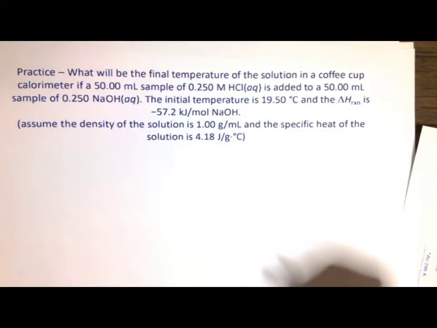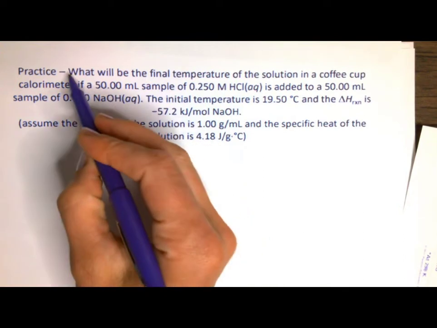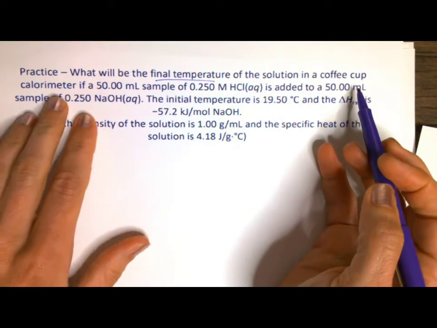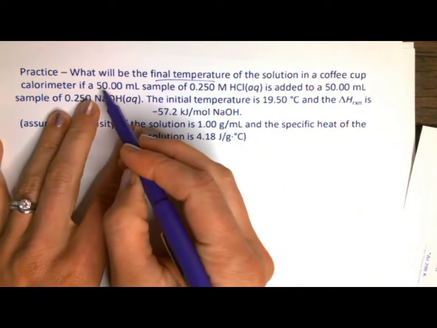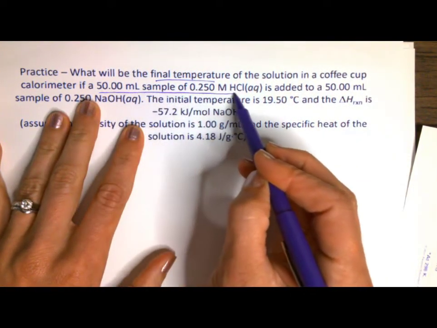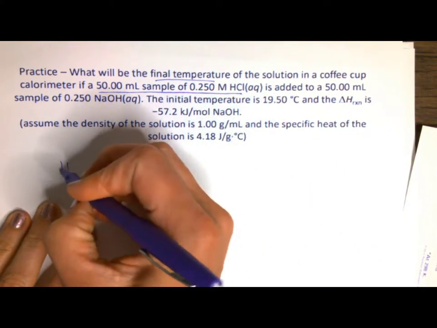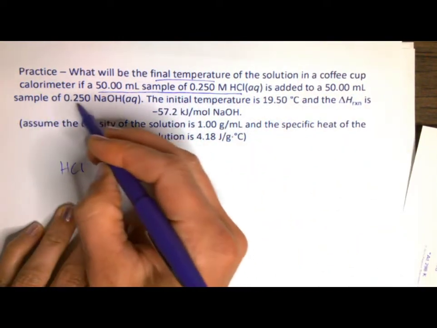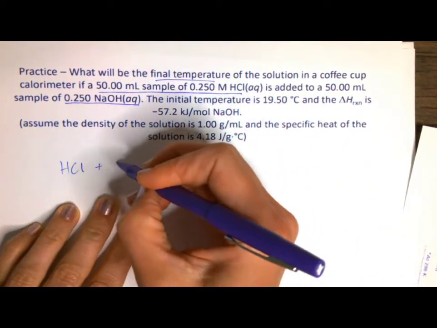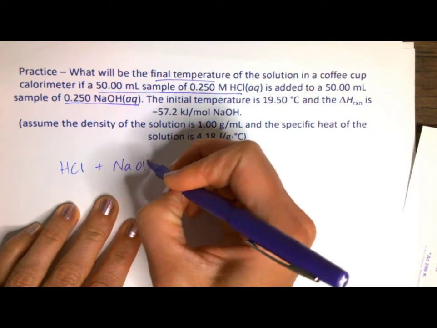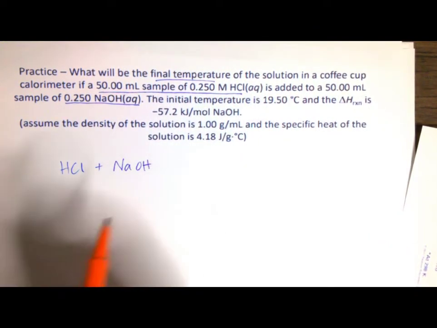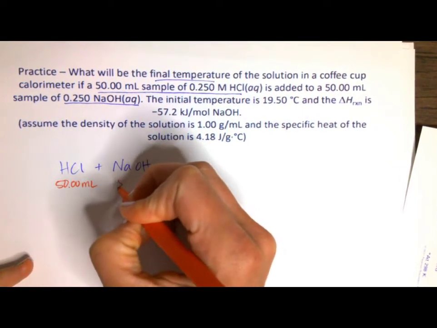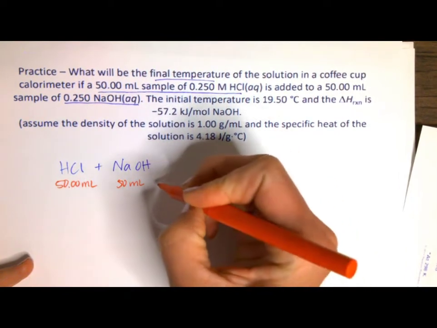Let's look at another practice problem. We want to find the final temperature of a solution in a coffee cup calorimeter if we have 50 milliliters of HCl, so I'm going to write down HCl, added to 50 milliliters of NaOH, and underneath of these, I'm just going to write down that I have 50 milliliters of that, 50 milliliters of that,